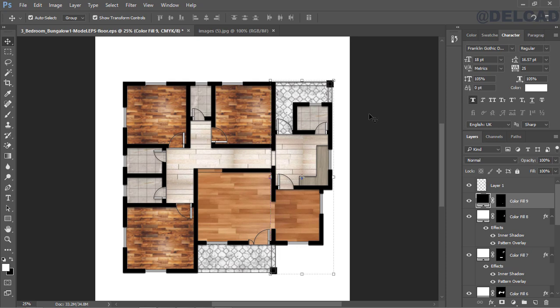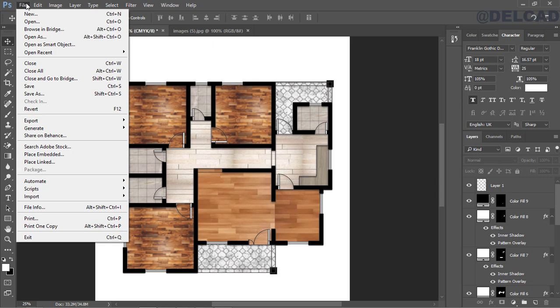So the next thing we're going to do is to bring in the furnitures, a bed, toilet furnitures and other things, kitchen furnitures and so on. So go ahead, I have also downloaded PNG furnitures that I'm going to apply to this, and I will leave the link in the description section for you to download these PNG files